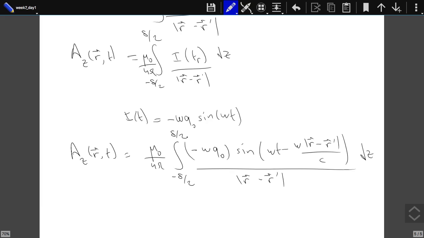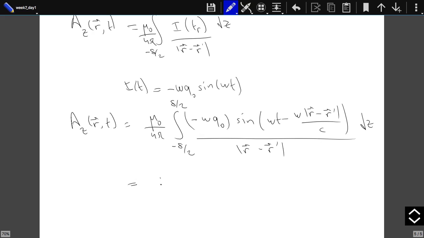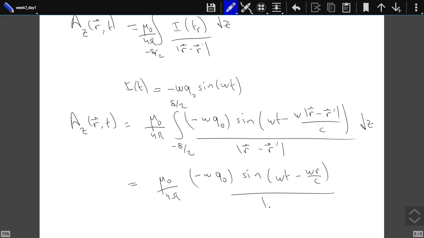Well, as r prime changes within that range, |r minus r prime| doesn't really change much. The change in |r minus r prime| will be very small, and the changes will be proportional to delta over r. And keep in mind, we are at a very far away point. So if I just replace this whole expression by mu 0 over 4 pi times minus omega q0 sine omega t minus omega r over c, divided by r,